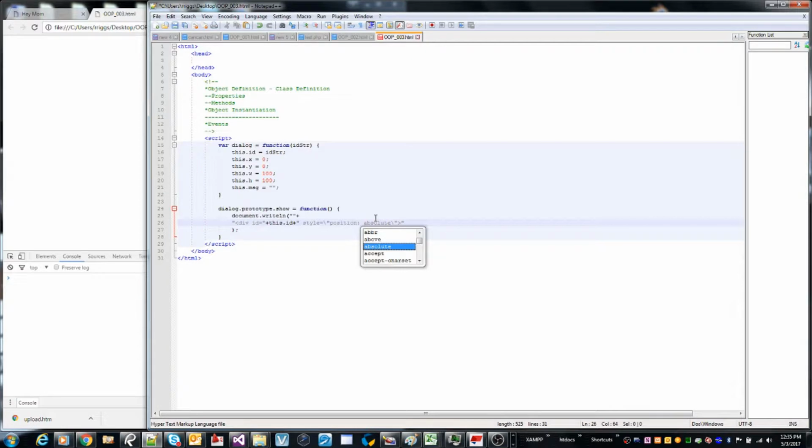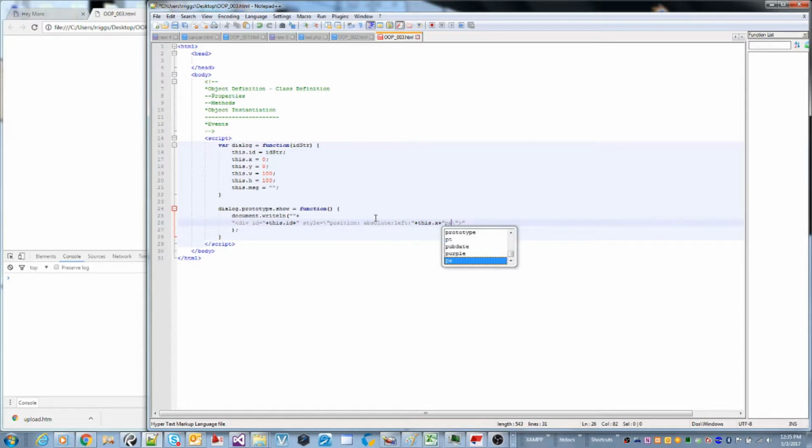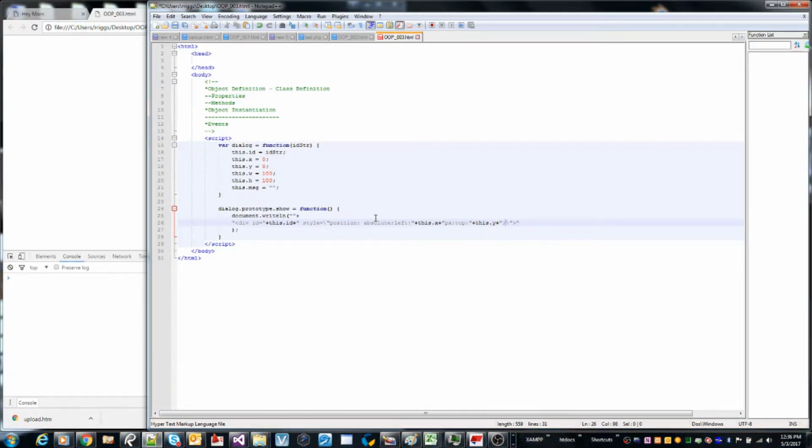What I want to do with this absolute position is set the X and Y, so I can say left, my left value, and then I can do quote plus plus quote, and then this dot X is my left value, and then immediately after I want a PX because I'm going to tell it its type, and then another semicolon, and then top, and then colon, and then quote plus plus quote, semicolon, and then this is going to be this dot Y, and then I'm going to put width